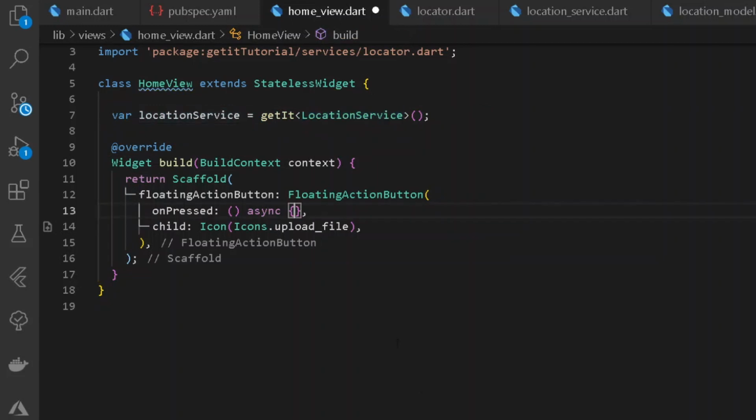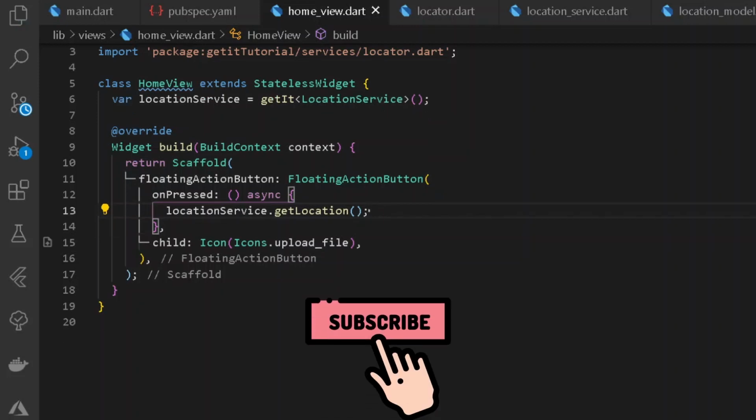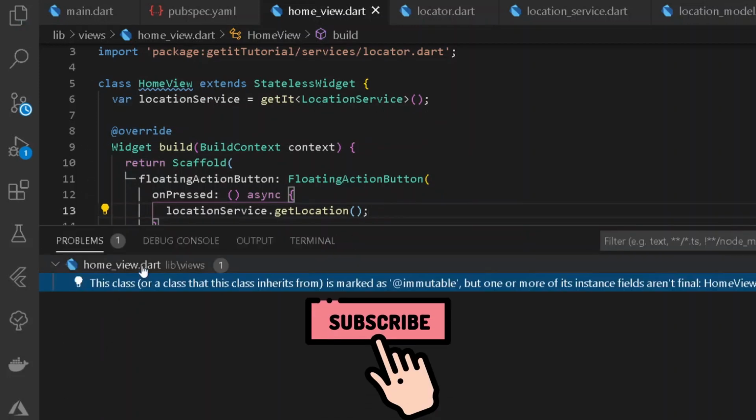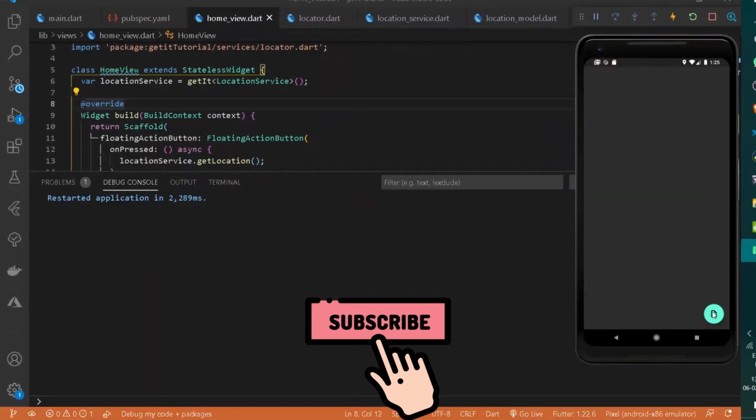And here under the onPressed method, if I simply say locationService.getLocation, the following thing shall be implied. We won't be needing the current context of a current class or any sort of thing. This is it. Format document once, and now let's test it out. So let's clear it once and go under our main method. Let's load our entire application once. Now we may get a platform exception error, because we have added a new dependency, but still let's try it out.